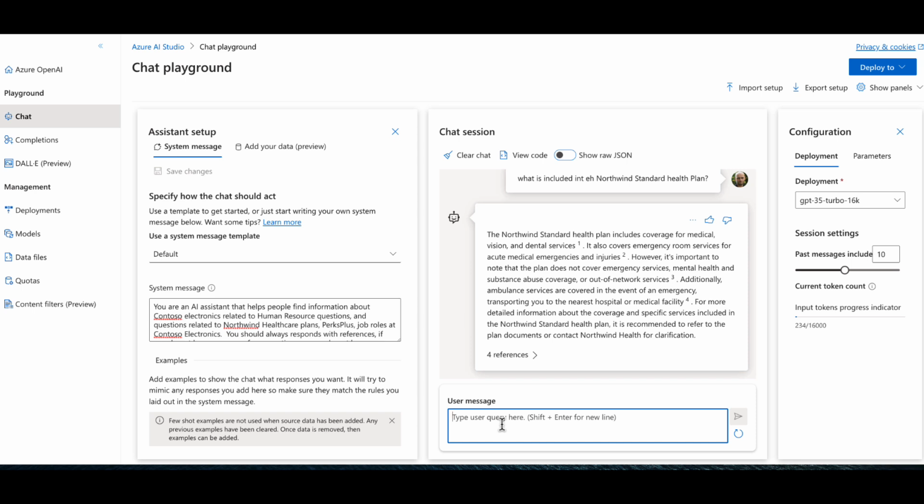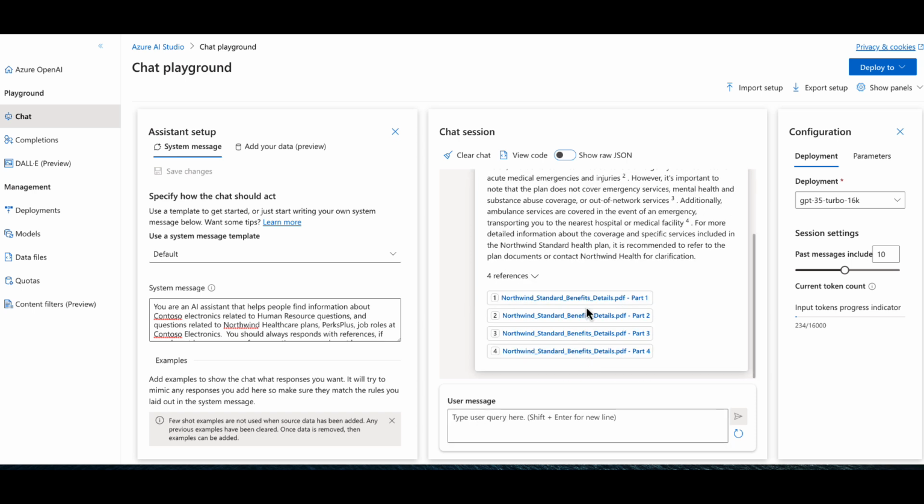So in this case, it actually comes back with some information on the standard health plan, and we'll see that we get 4 references out here. You'll see that we get the Northwind standard benefits, part 1, part 2, part 3, and part 4, which is really great. So then we can move on and say what is included,